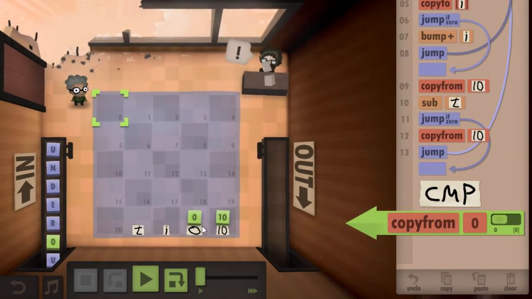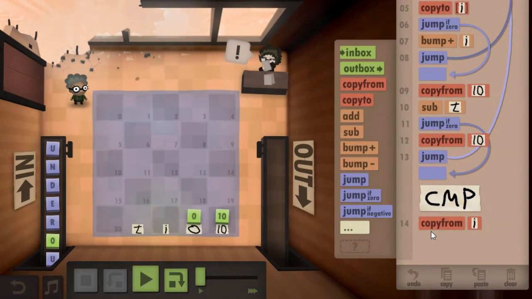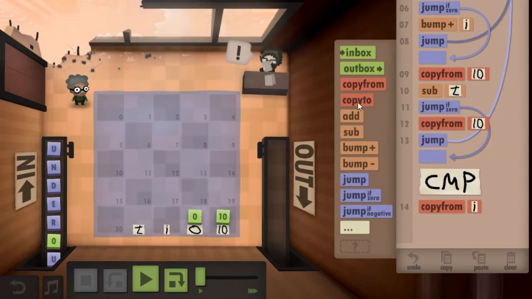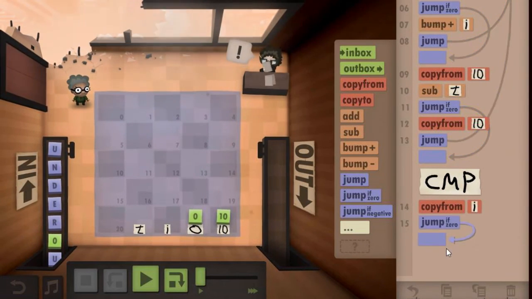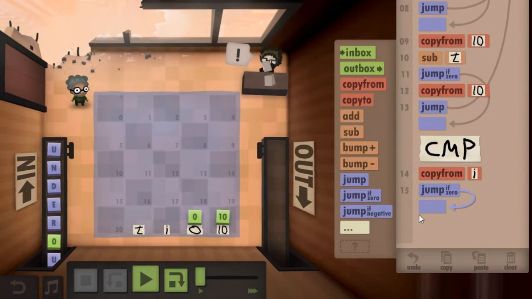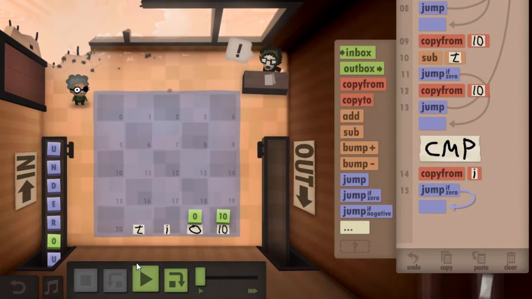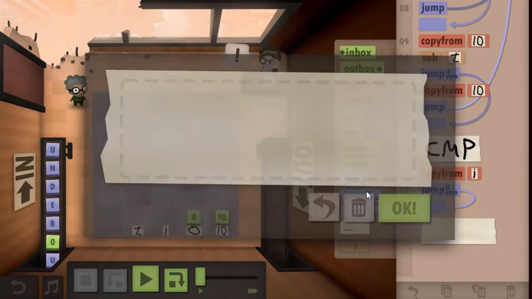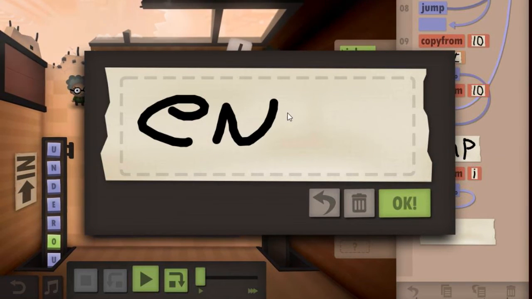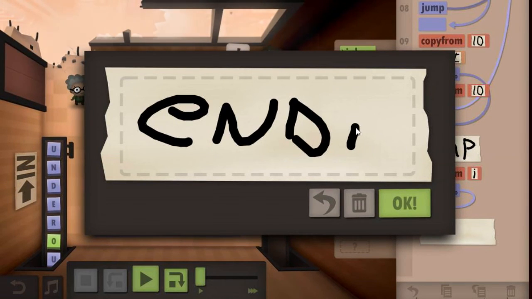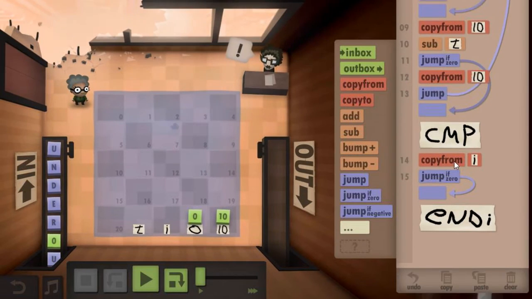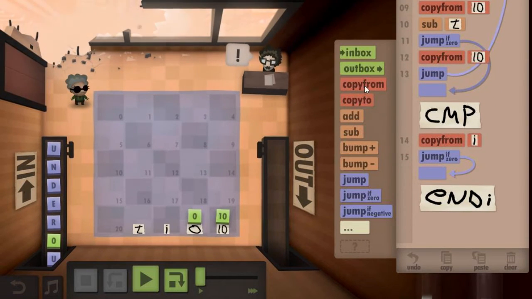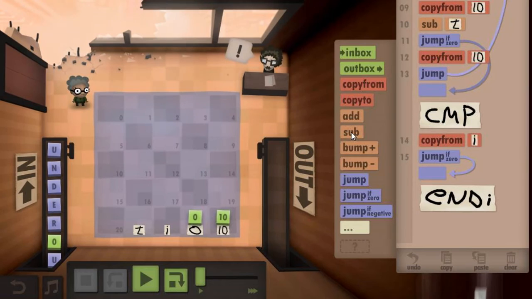Okay, so copy from I and jump if 0. So it's the end of some string. So let's call it... and I. Okay, then